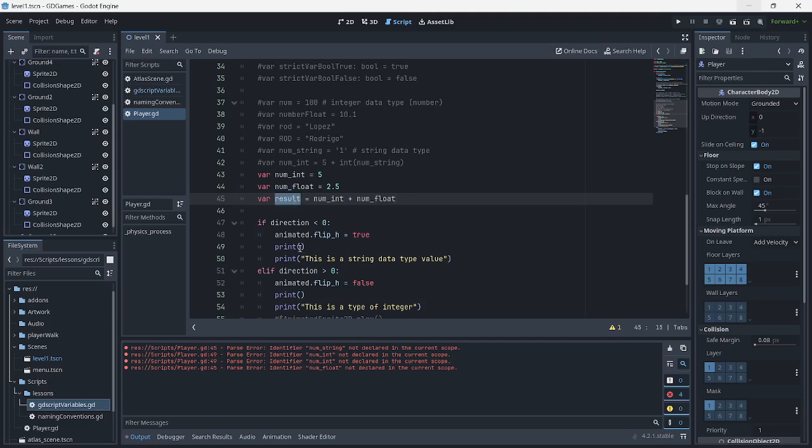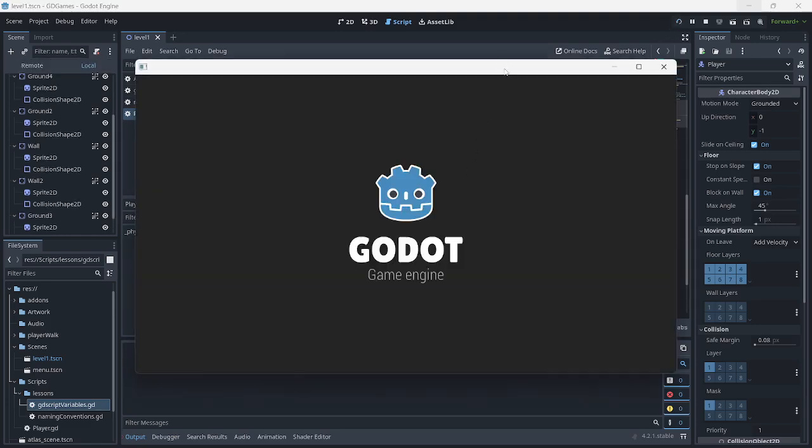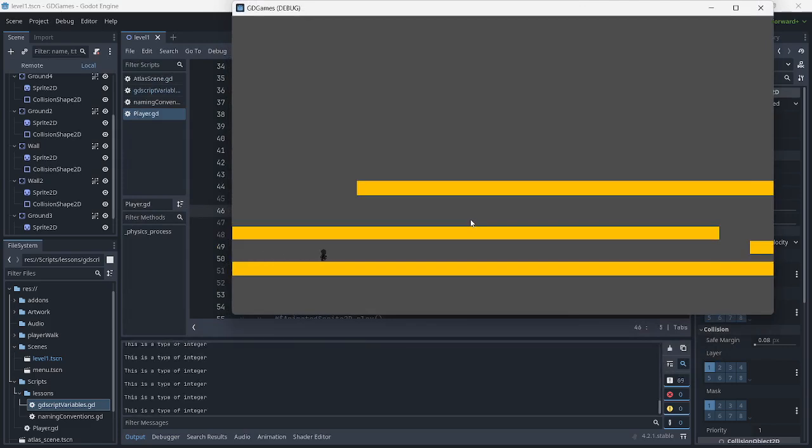Now, this is an example of implicit conversion. Without any other details here, from this integer and this float value, if we try to play this now, what are we going to get? And now it has 7.5.